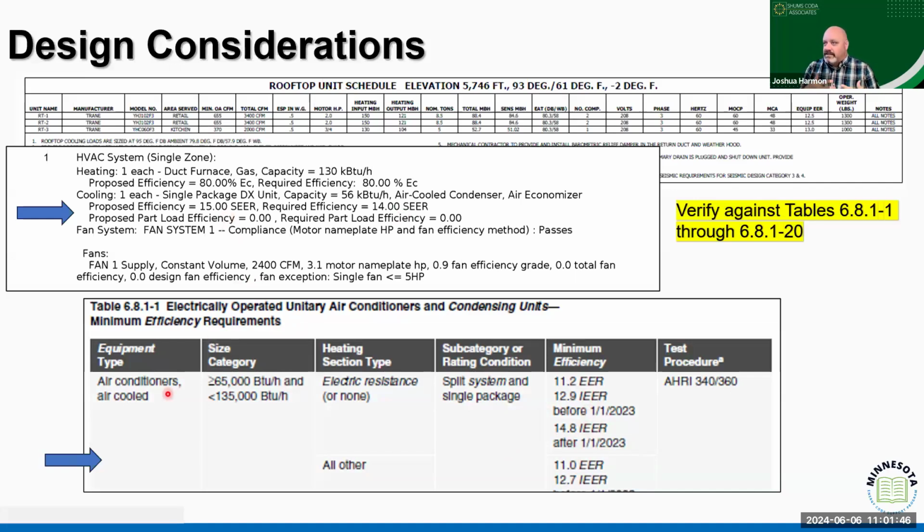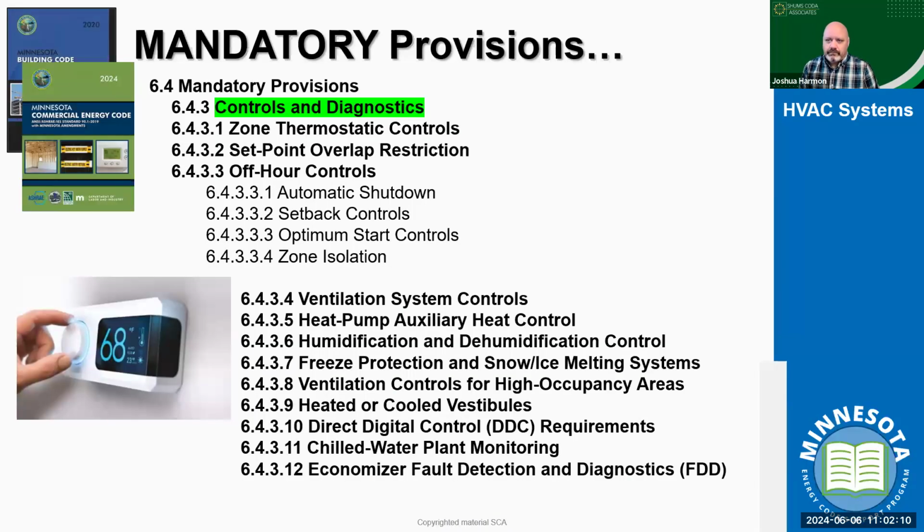And maybe, again, this is how we go through plan review, verifying that what's in the plan matches what the code requires. Not just that we accept that, hey, it's got a green bar, I'm done. That's not the way this works. We want to make sure that we take pride in what we do in both our design and our plan review. And so we want to make sure that we spend that little bit of time verifying the equipment they proposed matches with the tables that are in the code.